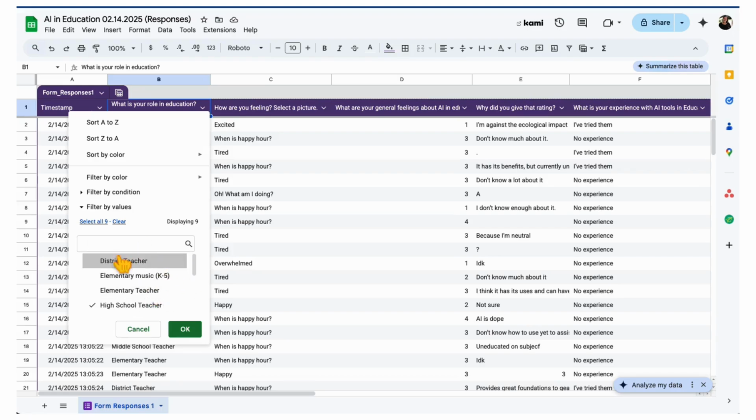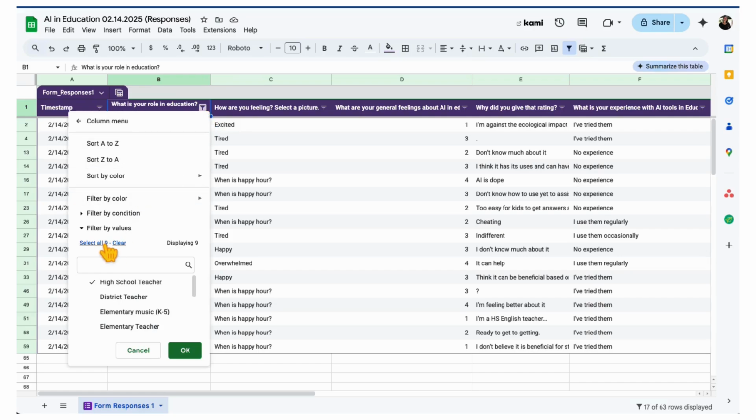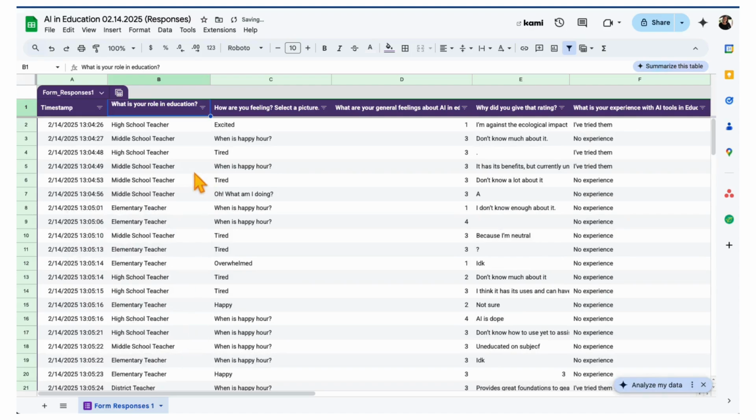And now you can see, if I click OK, I can now see the data that is just for that particular answer. Let's go ahead and turn that back the way it was before, and I'll click Select All 9. This is also great because you could choose a couple of different answers, or anything like that. The next thing that you can do, now that we have all of our data back,